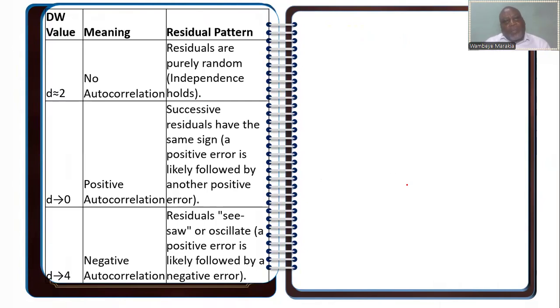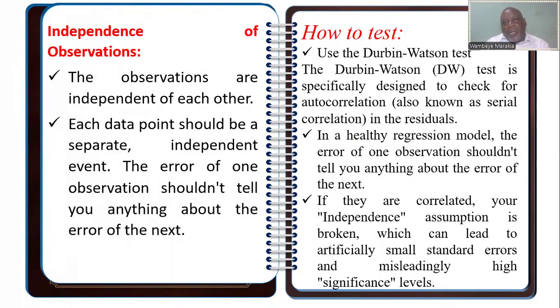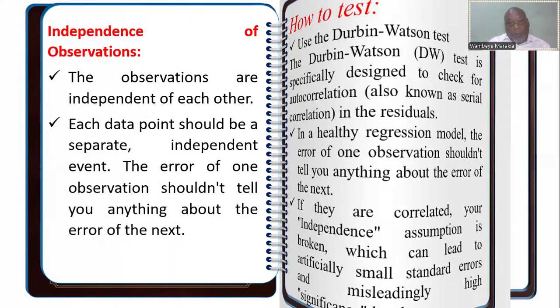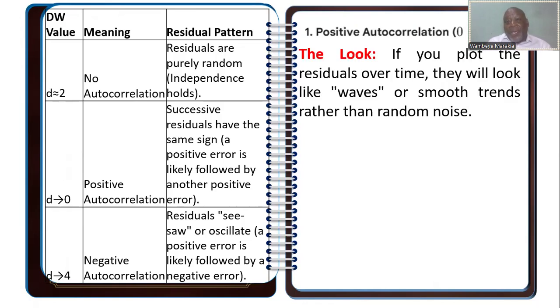Now, the Durbin-Watson values, the ones we use for testing, the Durbin-Watson test, have values ranging from 0 to 4. Now, we are going to interpret these values, which we usually use when interpreting the independence of observations. When you have positive autocorrelation, that means the values are greater than 0 and less than 2. Then, if you plot this over time,